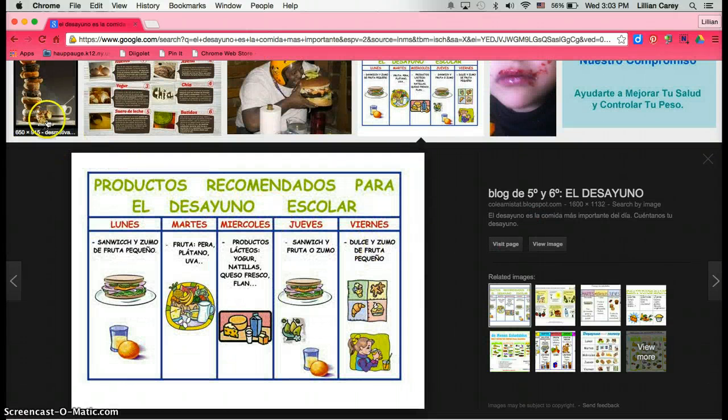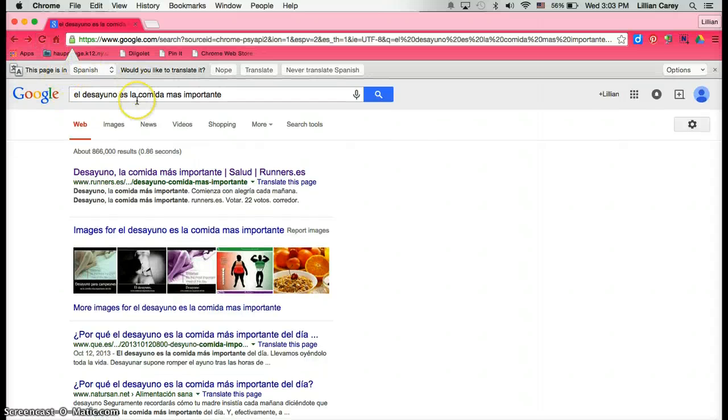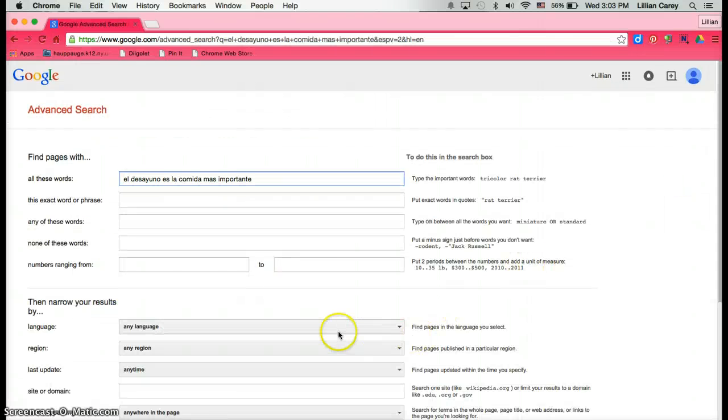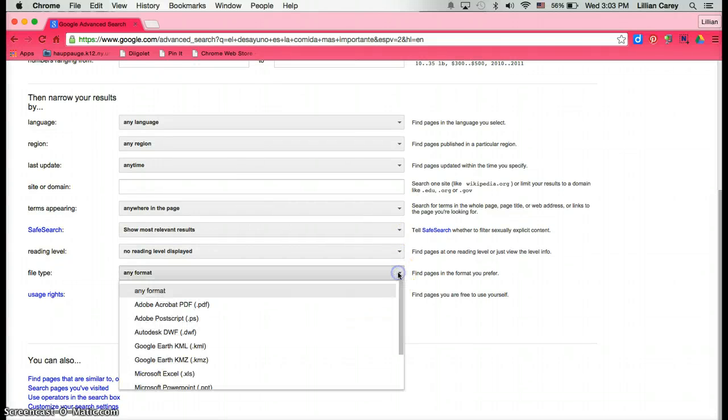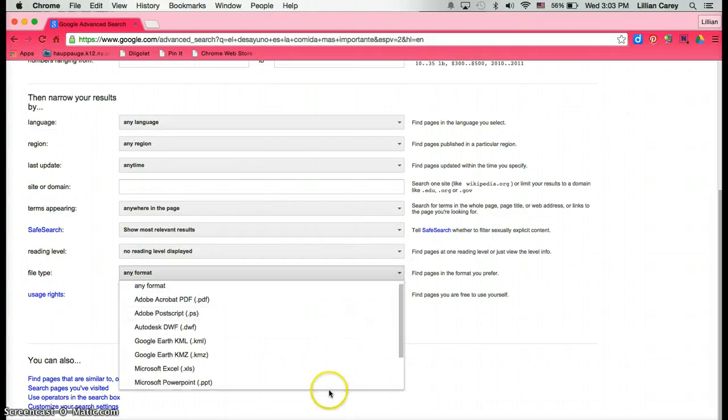So that is my very first clue to you, or strategy for you to find a text, is just to use Google. Type in the target language exactly what you might be thinking, like, school supplies are too expensive, and you'll get something maybe about what the cost is to buy school supplies in your target language countries. There is an advanced search engine, I should point out, by hitting this gear wheel on the right, and you can query, for example, you can specify what language. Really kind of cool. You can specify if you're looking for a PowerPoint or a PDF